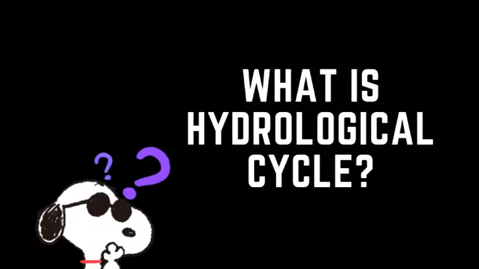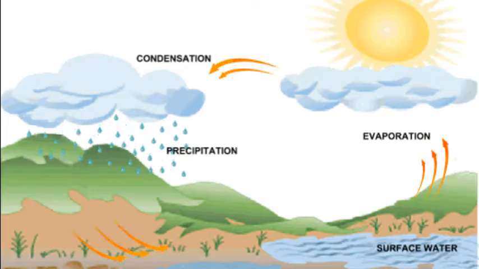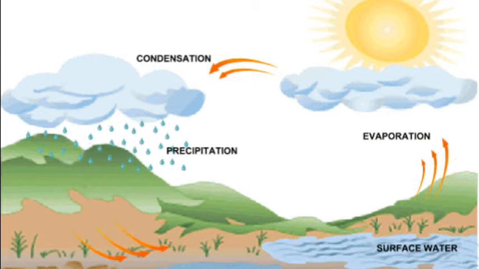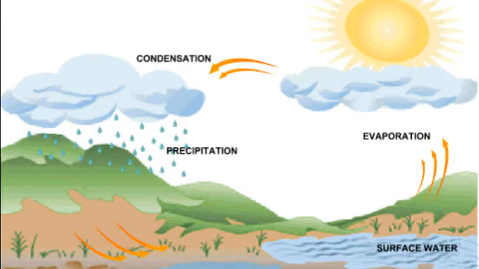So to answer your question, rain is just a process of the hydrological cycle. Before we discuss further about rain, we need to understand first what the hydrological cycle is. The hydrological cycle is also known as the water cycle. It is the normal water recycling system on Earth. Due to solar radiation, water evaporates generally from the sea, lakes, and other bodies of water.